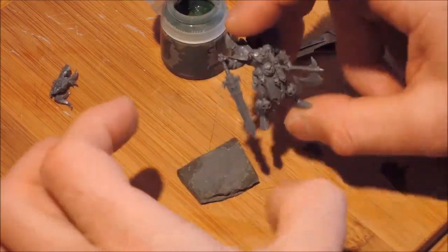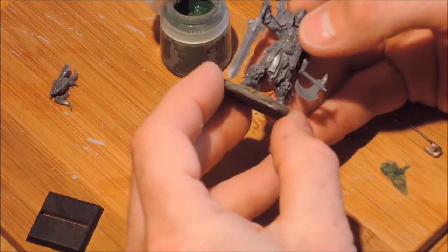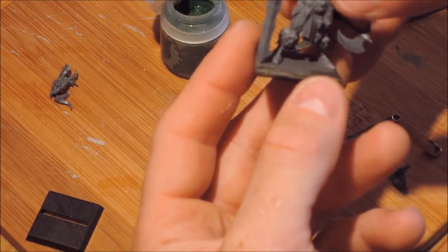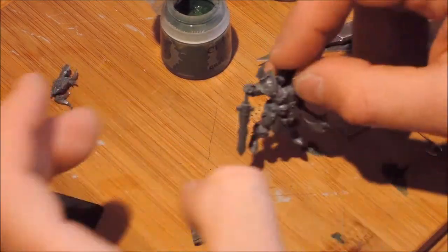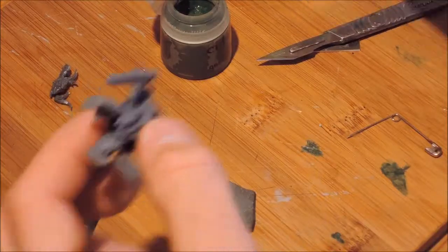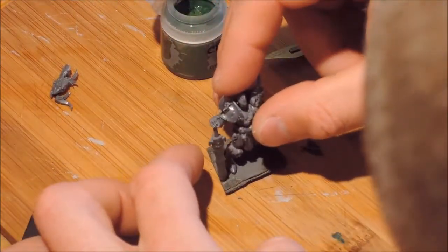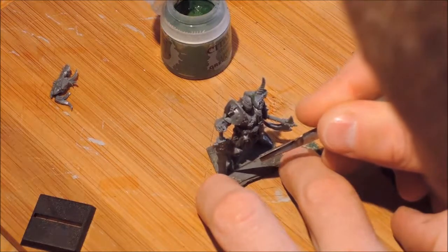Okay, that's just about in place. I think his pose looks good. So now I can check this more easily on the base. Okay, so now it so happens when he's glued into place, it does actually work well this way around. So I could literally just go ahead and do that right now. Yeah, let's do it. One thing, if you want to get this accurate, is you can actually get him on the base in the right place, have a good look around, see whether this is the pose you want, and then you could just carefully mark